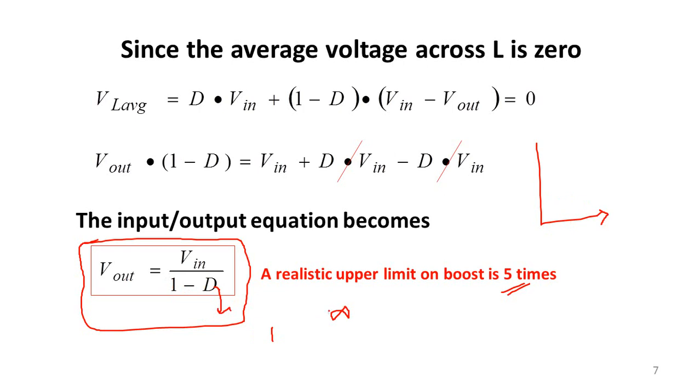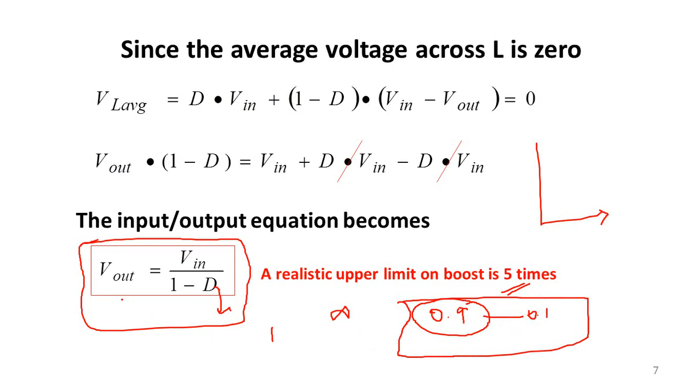Now when I substitute, let me say my duty cycle as 0.9, 90%. When my duty cycle is 0.9, 1 minus 0.9 is going to be 0.1. So V out is equal to V in divided by 0.1. It is going to be many times. So that is why the optimal range of duty cycle is going to be 0.1 to 0.9. Because duty cycle can only be varied between 0 to 1. So this is how the logic is.